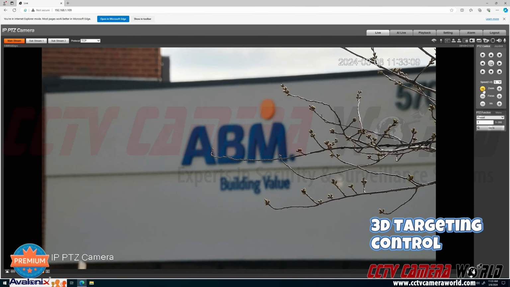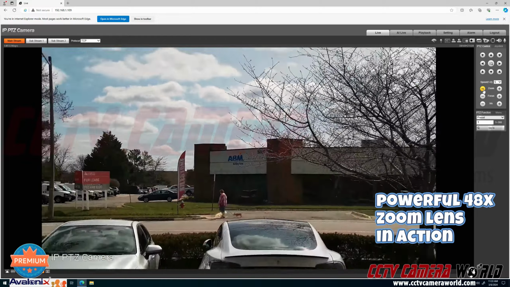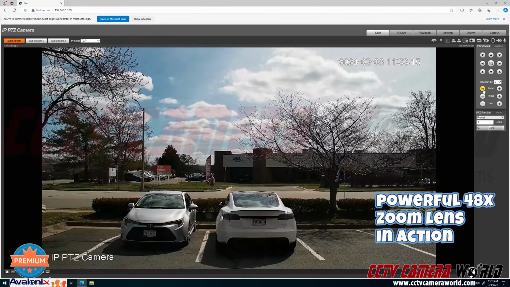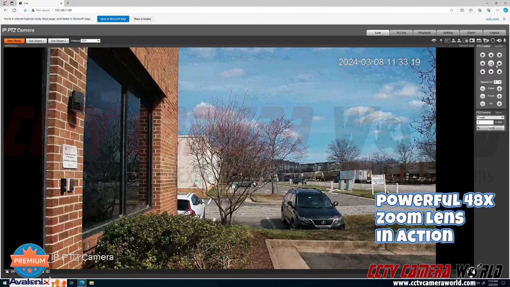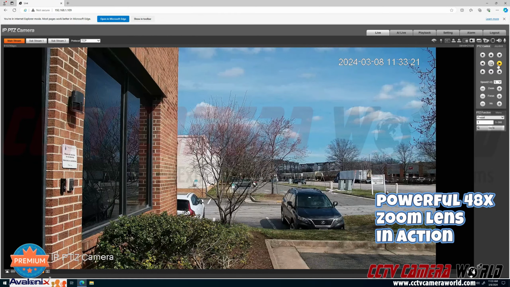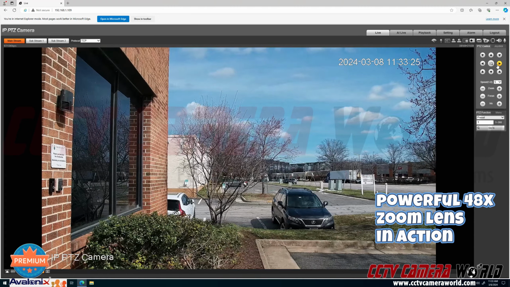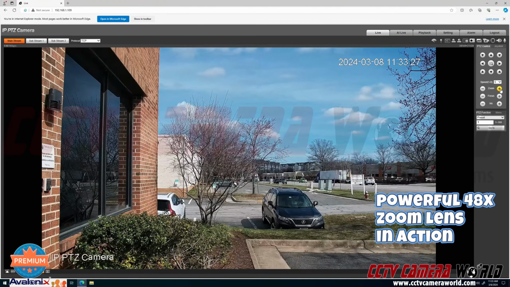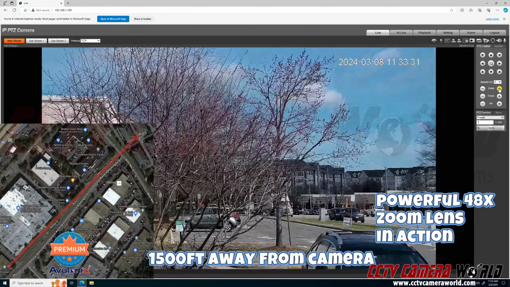Now let me show you the power of this camera. So I'm going to zoom all the way back out. I'm going to pan it to the left. And those townhouses in the background are roughly 1/4 of a mile away from this camera. So this is a 48 times zoom camera. If I zoom this camera all the way in,